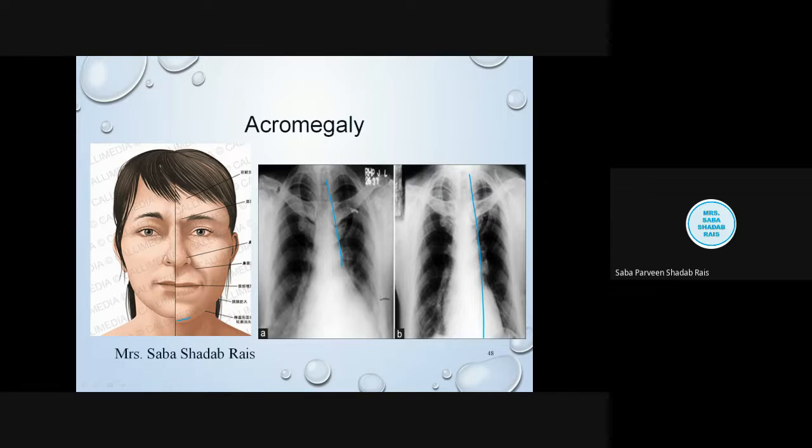Now, here in this case also, the gonads will become overactive at first, and then there may be atrophy. Sometimes a male will become sterile, and a female will not be sterile, but she will have an irregular menstrual cycle. So it is also, you can say, an indirect way of sterility in the case of the female. Not sterility, an infertility problem will occur in the case of the female.